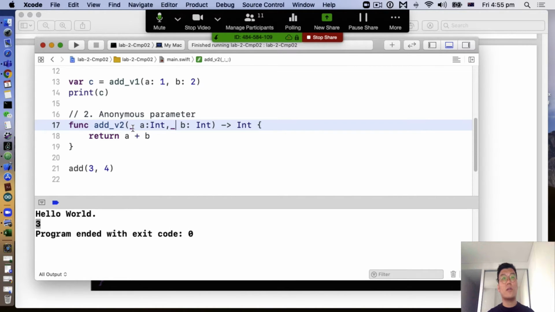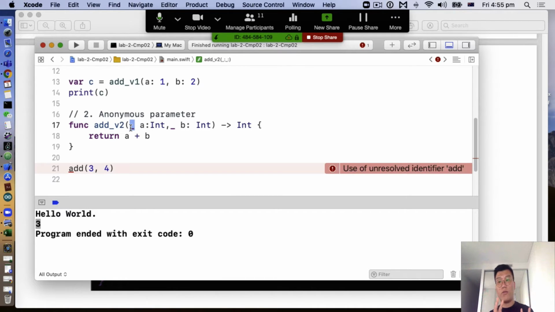This underscore means we don't want the user who uses this function to know the name here. We just use it internally. We just use it here, but we don't want the user to specify a and b, right? So by this way, we can